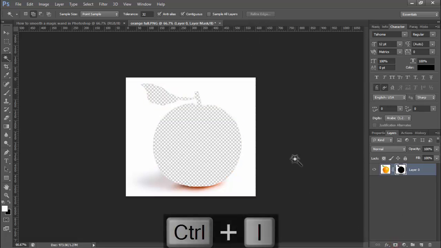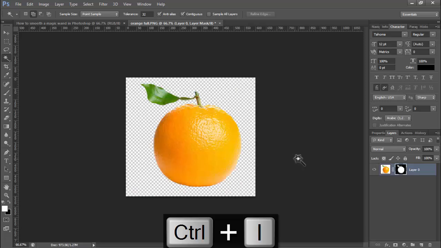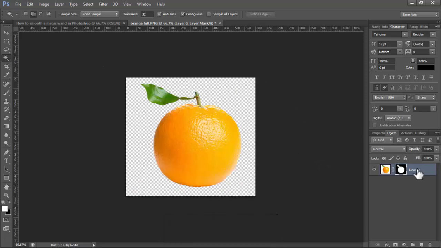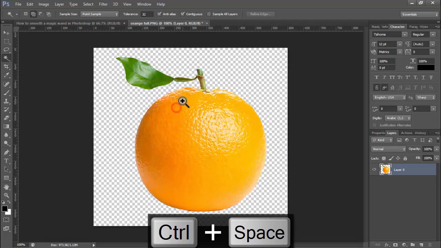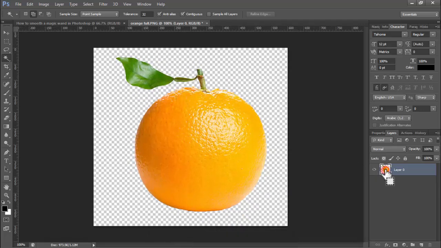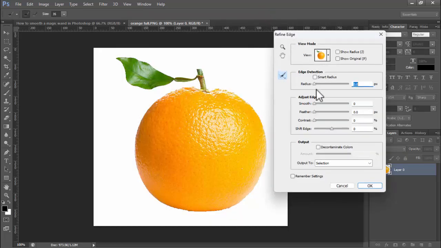Clipping mask. Press Ctrl I. Right click on your mouse, convert to smart object. Again right click on your mouse, rasterize layer. Then hold Ctrl, select for this layer, refine its radius,